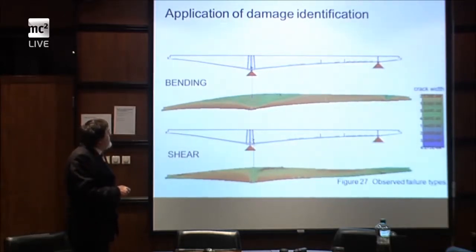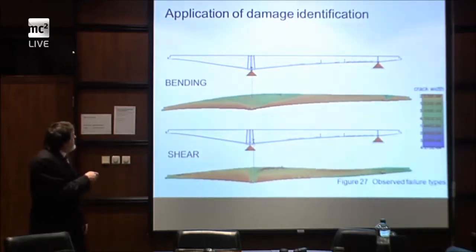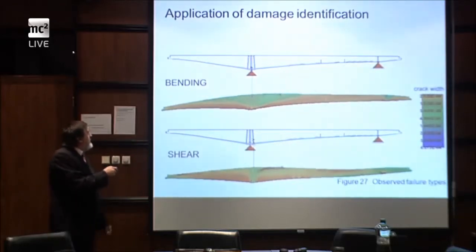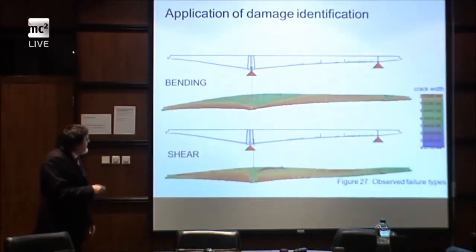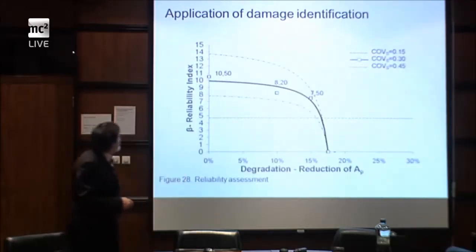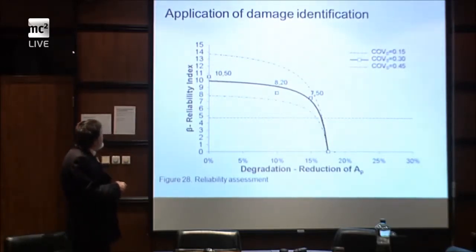Here it was quite interesting that even at the level of random variables, the behavior of the finite elements changed in failure mode from bending to shear. So approximately 60% of the samples failed in bending, 40% in shear. So it means the designer of this bridge did a really good job, that it's quite balanced, right? The mode of failure. And after application of this type, we were able to calculate